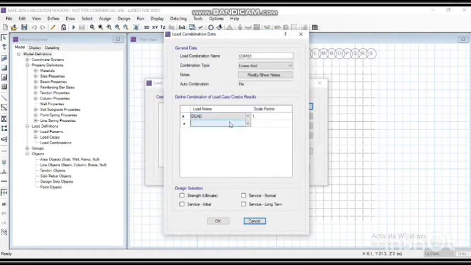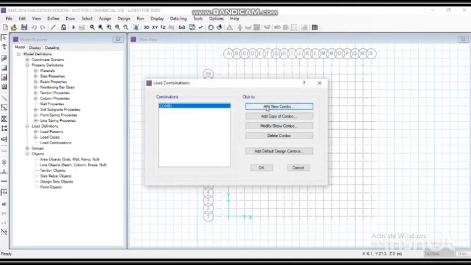Select dead load and live load with a scale factor of 1.5. For ultimate strength, in design selection choose only strength ultimate. Then click on OK.